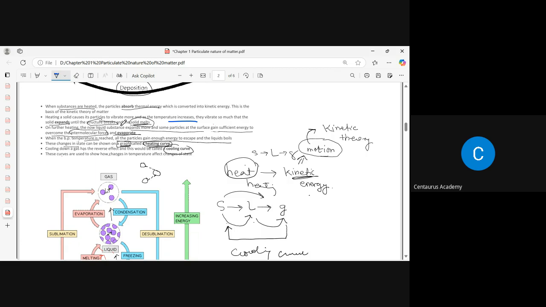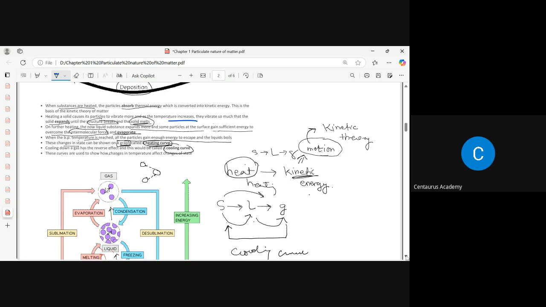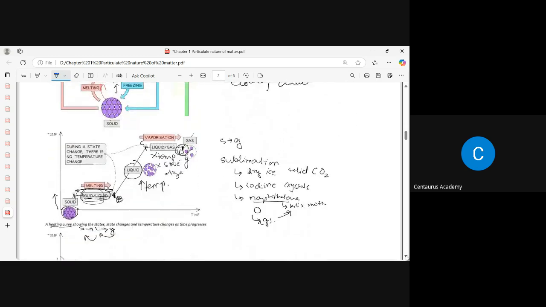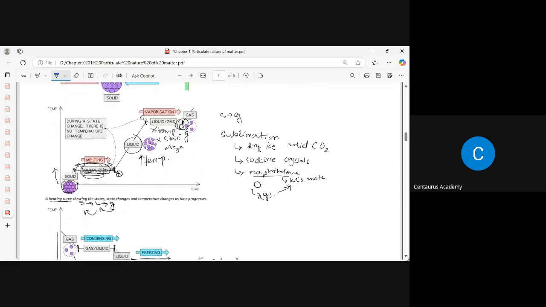Upon further heating, the liquid substance is going to expand even more, and some of the particles are going to gain sufficient energy to overcome their intermolecular forces of attraction. As a result, they evaporate. When the boiling point temperature is reached, all of the particles gain enough energy to escape, and the liquid starts to boil. All of these changes in state are represented graphically, and that is referred to as a heating curve, from solid to liquid to gas, and vice versa would be the cooling curve. These curves show how the changes of state take place with the passage of time